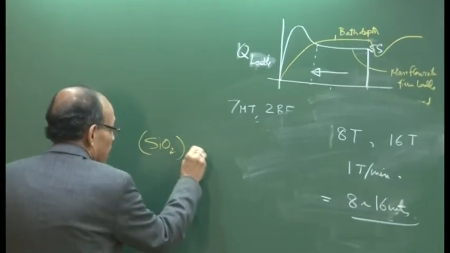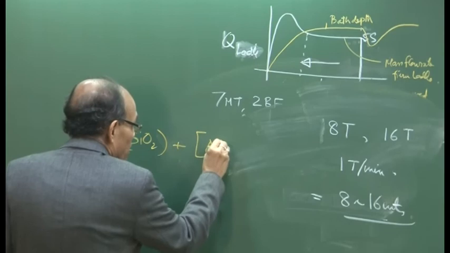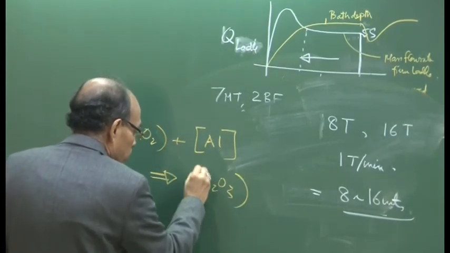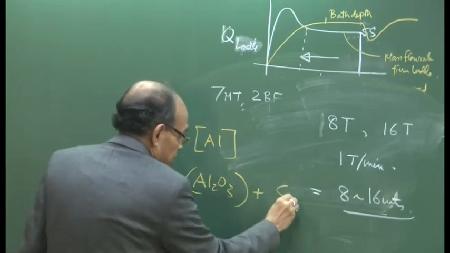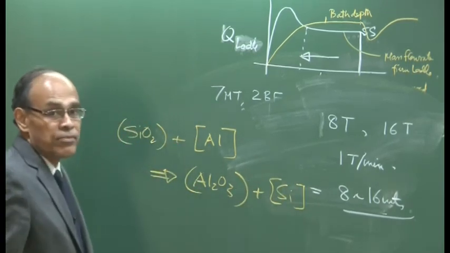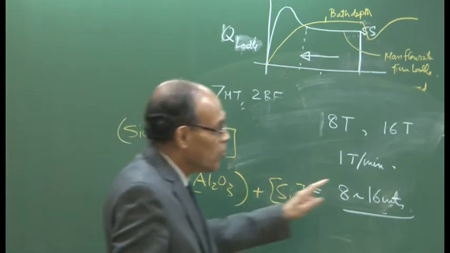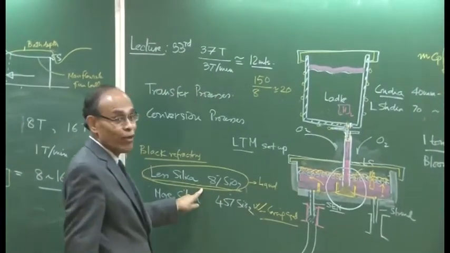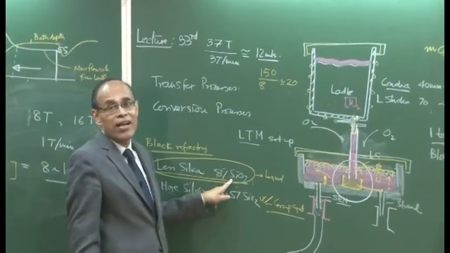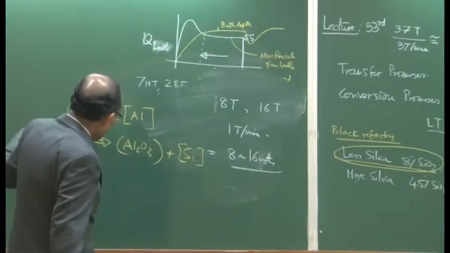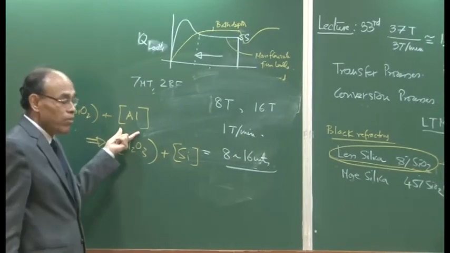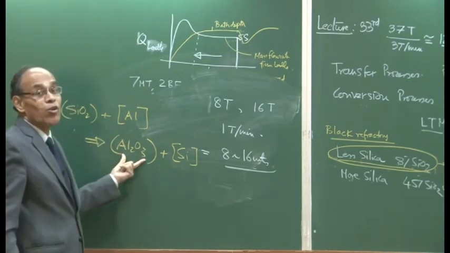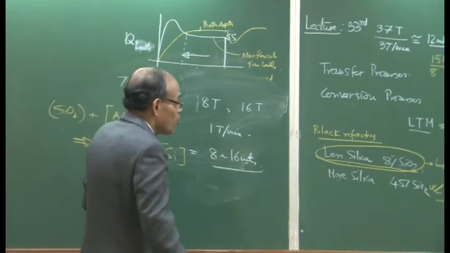This is in slag and this is dissolved aluminum in molten metal, and as a result Al2O3 can get generated. That is the reason why we require the slag which is in contact with molten metal, particularly in the casting of aluminum killed steel, to contain less amount of silica. Otherwise, this reaction will take place in the forward direction, because this is feasible under steelmaking conditions or the conditions prevalent in tundish, generating more alumina inclusions, and as a result the steel